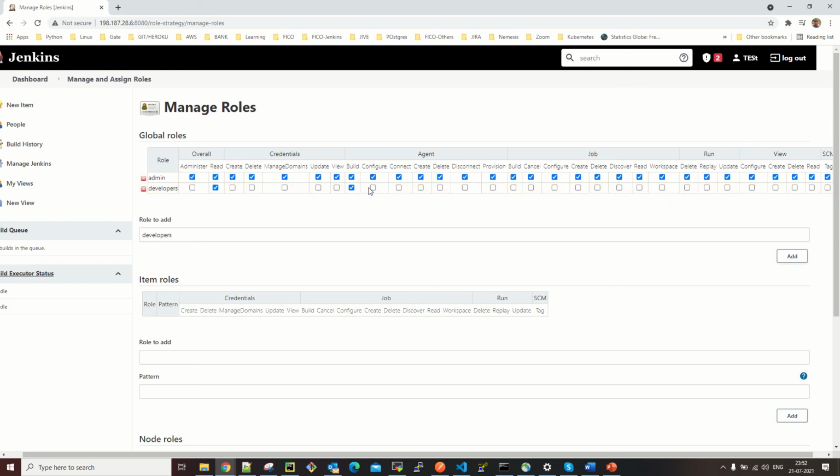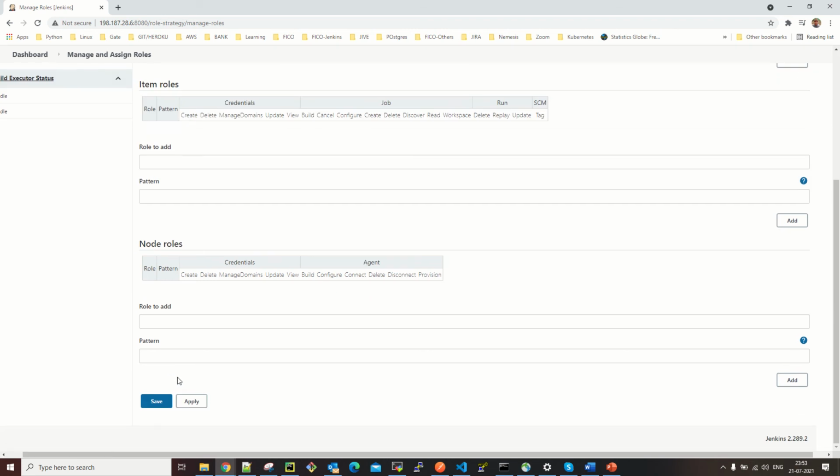For agent, let's give it build, configure, connect, create, delete. For job, let's give build, create, configure, delete, read, workspace, discover, and update. Okay, we have given these operations, so let's come back and save it.